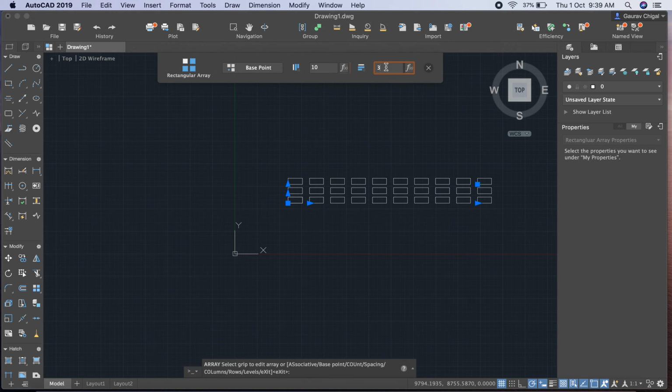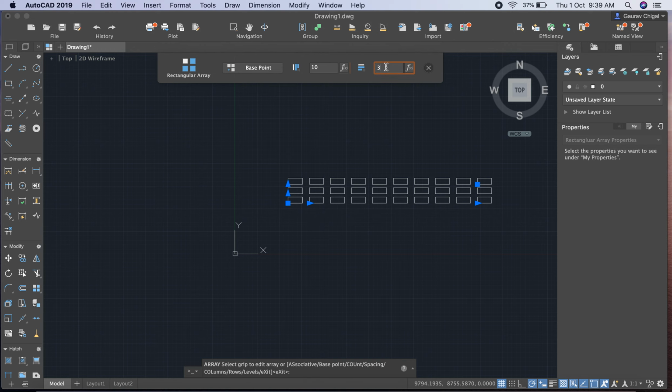So in case of array, you can make a single entity to a number of entities as per your requirement, whether you want it in x direction or whether you want it in y direction, okay. So you can create a single entity and you draw the entity at a certain respective distance to your values and it creates itself, okay. So this is how your array is created here.